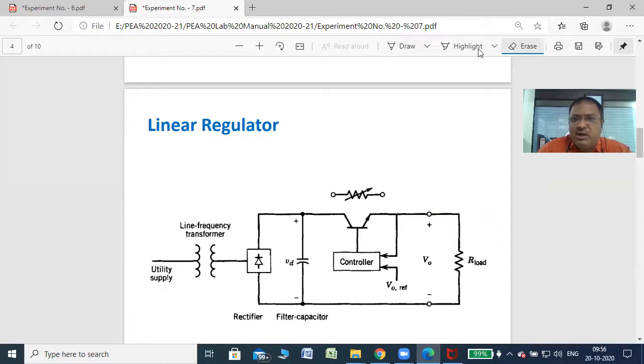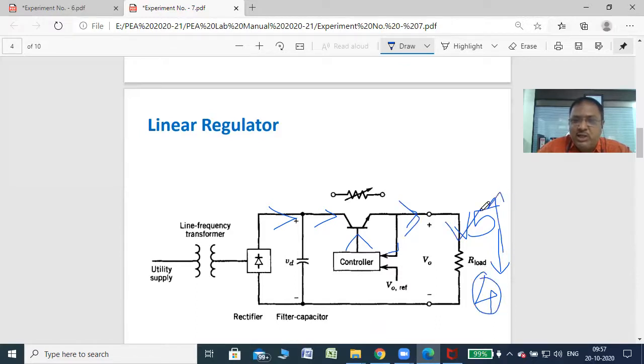Now in the second case, again we consider the constant voltage is 5 volt, but due to a change in line voltage, suppose the voltage decreases at the input side, so that the collector current IC decreases, so IE also decreases, so IL also decreases. If IL decreases, the load voltage decreases to 4 volt, for example, right? So this decreased voltage will appear at the controller input. Automatically, the controller will increase the base current of the transistor, so that IE increases, then IL increases. Automatically, the voltage also increases up to 5 volt. So this will be maintained as 5 volt.